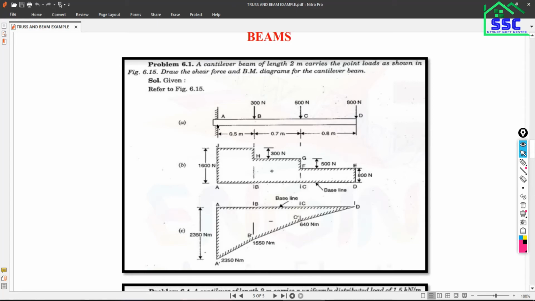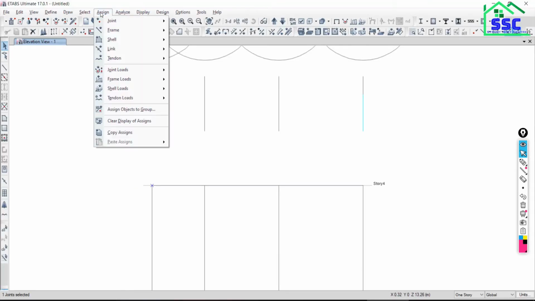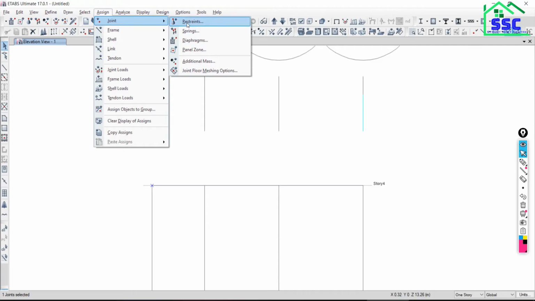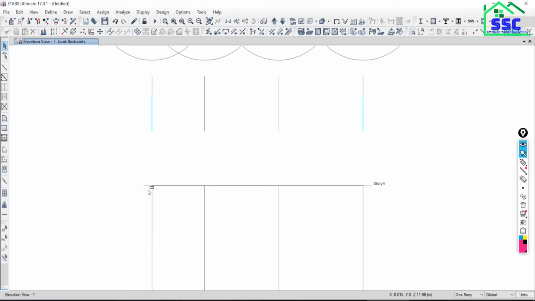Is it fixed joint or hinge joint? Yeah, exactly, it is fixed joint. So select this joint, go to Assign, Joint, Restraints, and put it as fixed joint. Say apply. In this way you will be able to find the fixed joint in the elevation view.